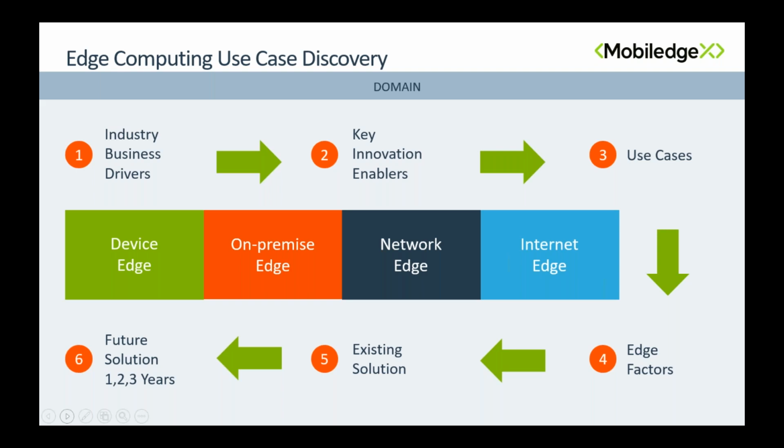So part of this process is not asking people about edge computing and 5G directly, it's asking them about what success looks like for them inside their industry and how they can actually take a lead or disrupt where they are. And then there are innovation enablers that allow people to do that, be it AR, VR, be it drones, be it private LTE, be it robotic inventory management.